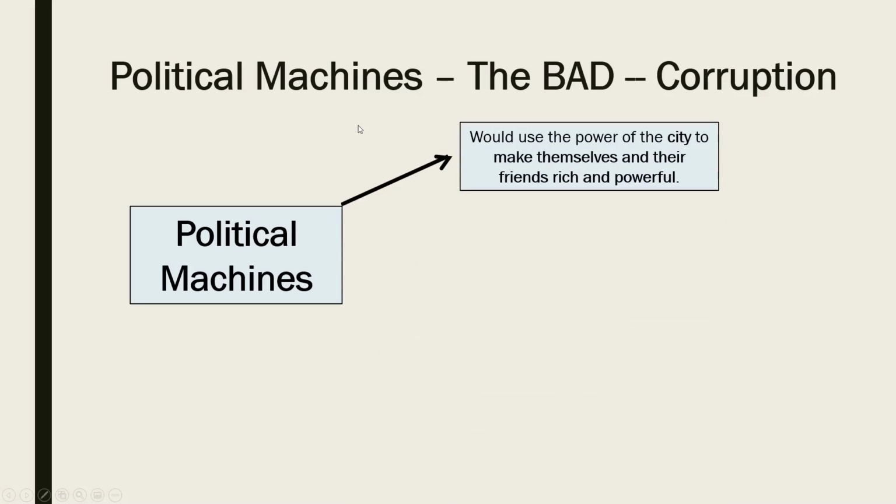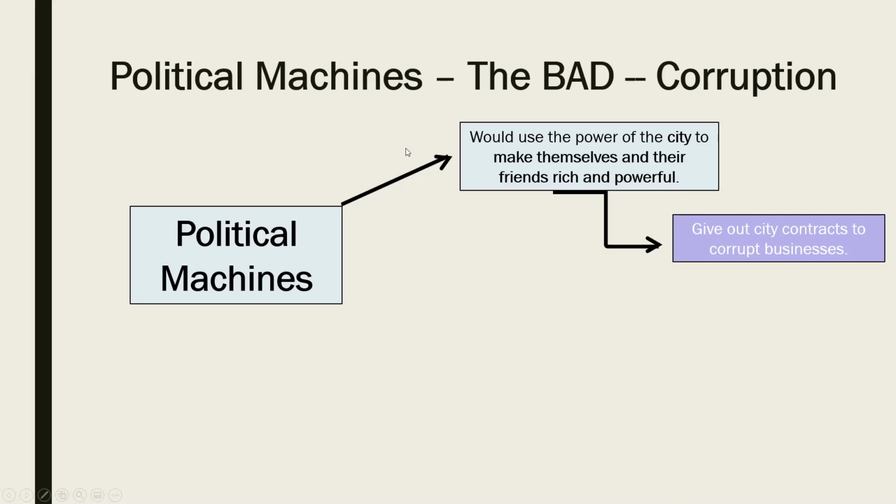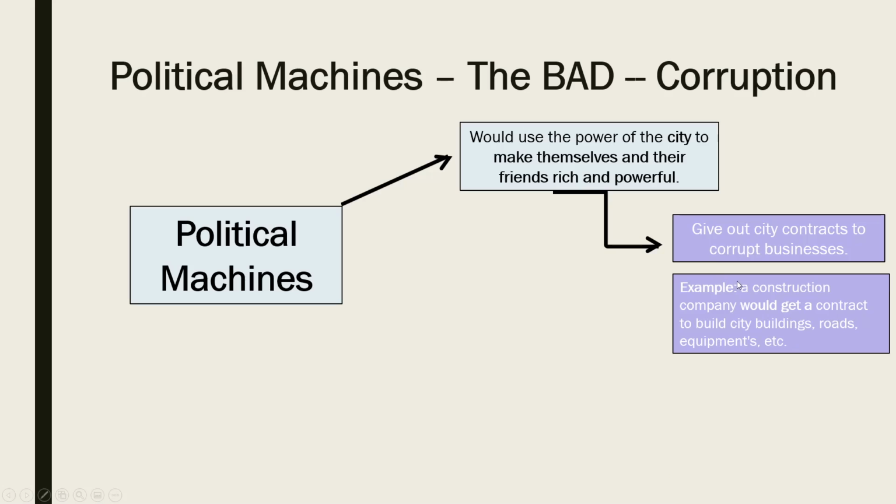So like we said, they're going to use the power of their city to make themselves and their friends rich and powerful. So the way this is usually going to work is through what we call city contracts. So cities are going to give out contracts to certain businesses, and usually these businesses would be corrupt and dishonest as well. And these contracts might be, let me give you an example. So there might be a construction company that will help build the roads for a city or government buildings. So the city will hire that company, give them a contract, and let me take you through an example now